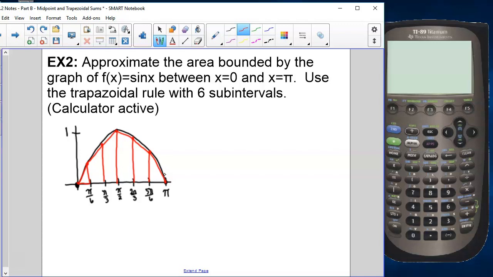And our first subinterval and our second and our last subinterval, they're actually triangles. But just for some consistency, I'm going to treat them all like they're trapezoids. And the area of a trapezoid, in case we forgot it from the other day,